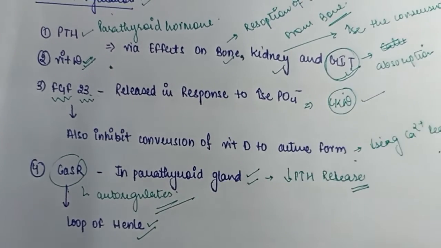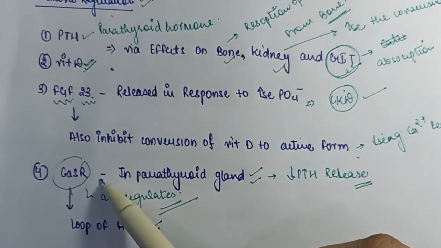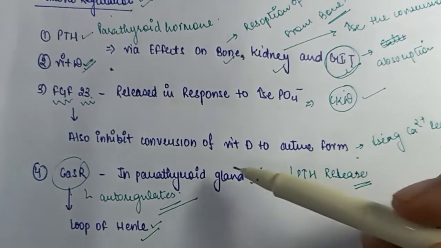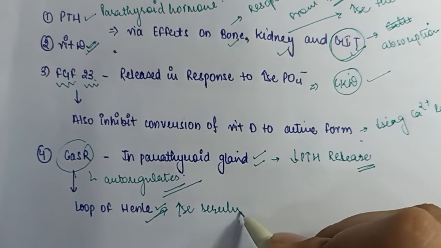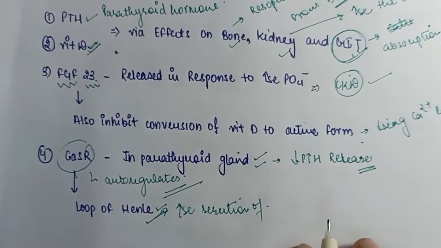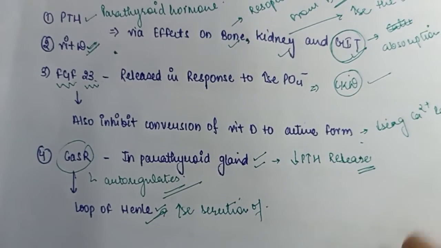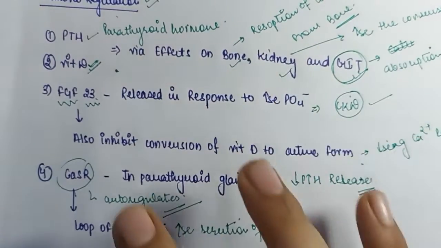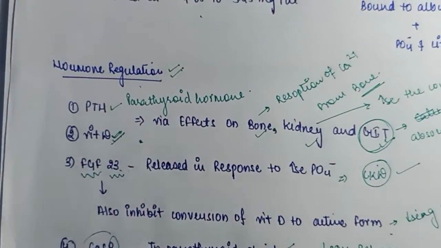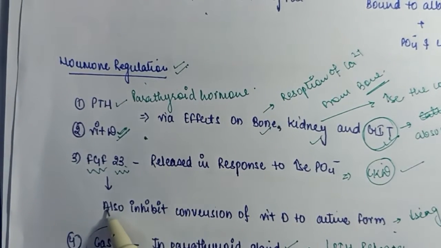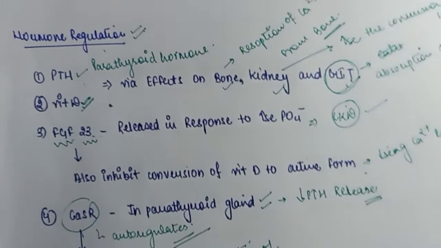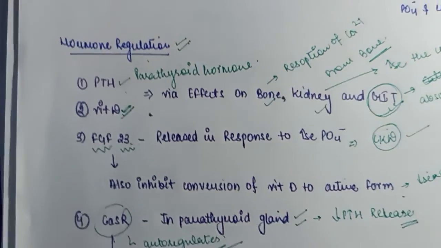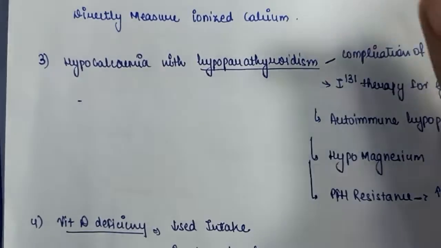But if there is hypercalcemia, it is sensed by the calcium sensing receptor. They inhibit the parathyroid hormone release from parathyroid glands and also increase the excretion of calcium from loop of Henle. So it has dual actions. It helps in both hypo- as well as hypercalcemia. So this is the normal physiology of calcium level, how it is regulated in our body. Mainly there are four mediators which help in calcium regulation: parathyroid hormone, vitamin D3, FGF23 and the calcium sensing receptors. So now coming to the etiology of